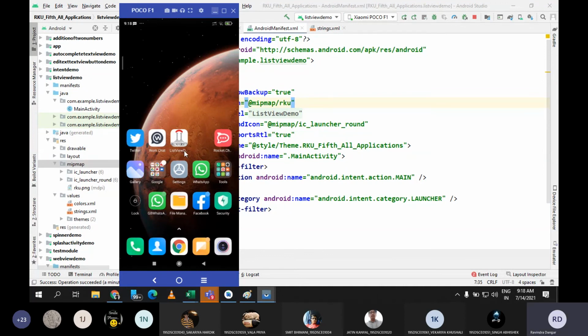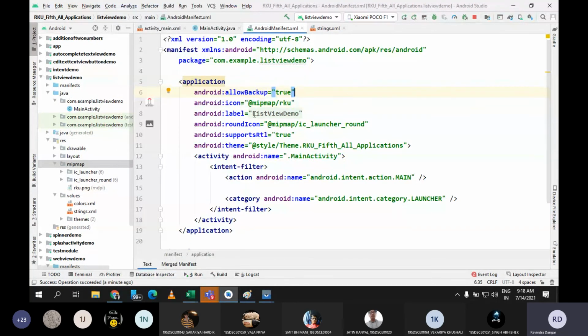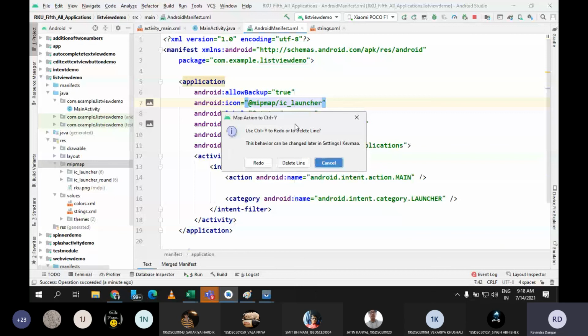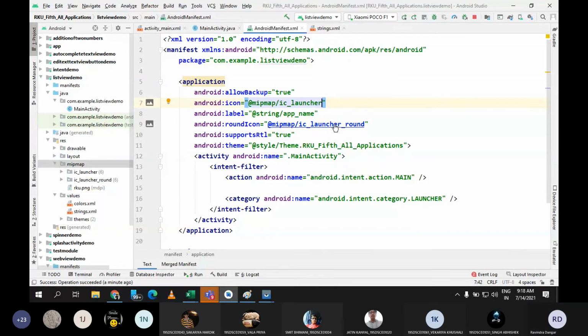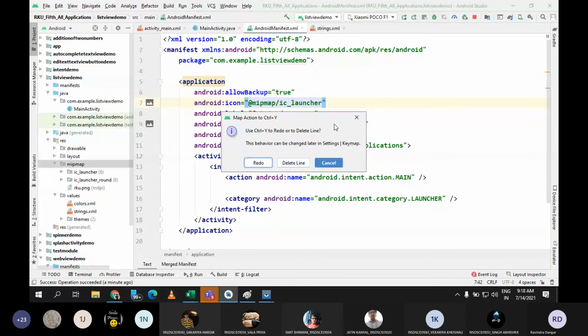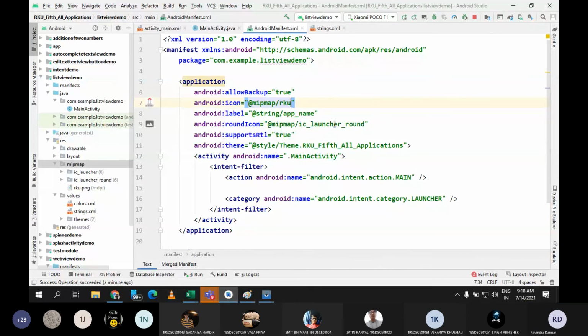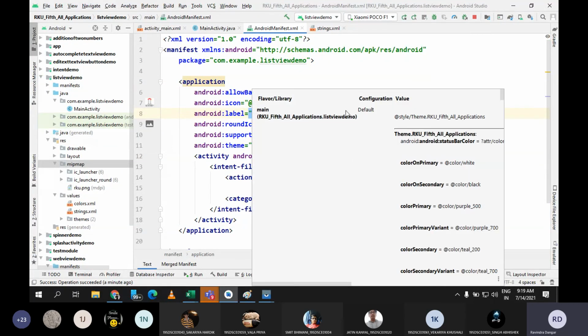And one more thing, if you want to change the name also, here it is list view demo. The name of the application is list view demo, and you can see here the label is list view demo. If you want to change this, here you can give a different label also.